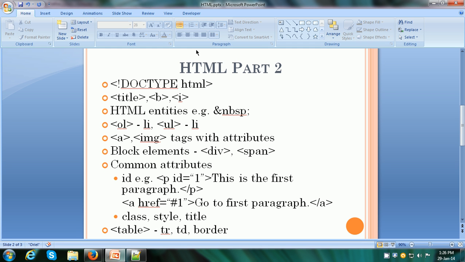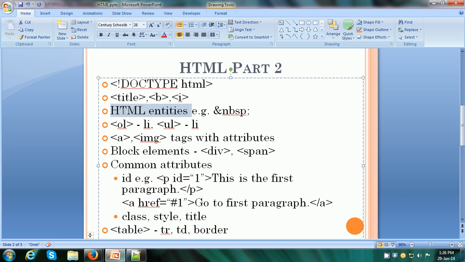Okay, now in the last video we saw how we can implement line breaks, because just by typing the text on different lines does not make the browser show the text on different lines. We have to use the BR tag. We can put extra spaces by the use of something called HTML entities. HTML entities are special codes that we can include within our content, and we can put different symbols by using those codes. So let us see how to implement extra spaces.